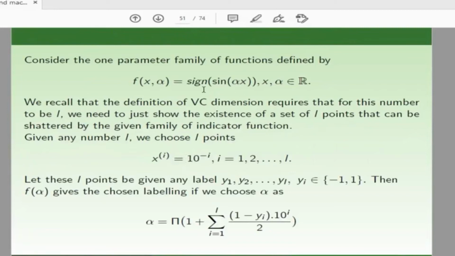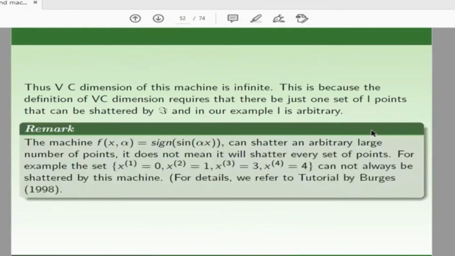then you can prove that this family will not shatter any of these points here. And because L is arbitrary, we say that the VC dimension for this family of functions is infinite. So although there is only one parameter, the VC dimension is infinite. That simply means having fewer parameters does not mean the model is simple, or having more parameters does not mean the model is complex. So that is the first